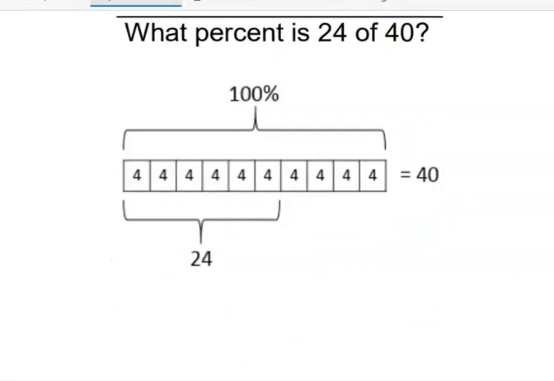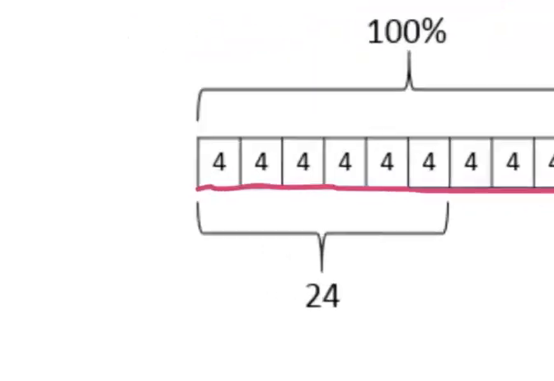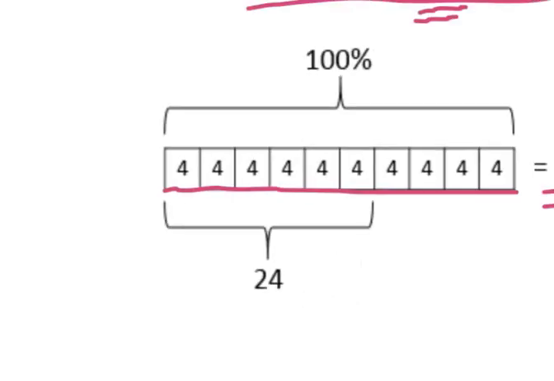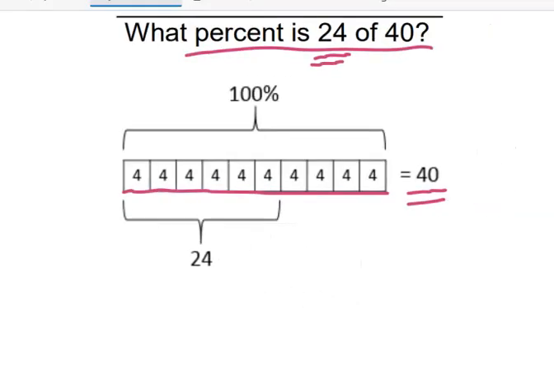So what percent is 24 of 40? All right. So what they did here with this illustration to find out the percentage of 24 out of 40 is they realized that 40 can be broken up into 10 sets of 4, right? Which is convenient because then 4 can also go into 24. So 24 is how many 4s? Well, that is 6 of the 4s, right? So since it's 6 of the 4s, then that would be